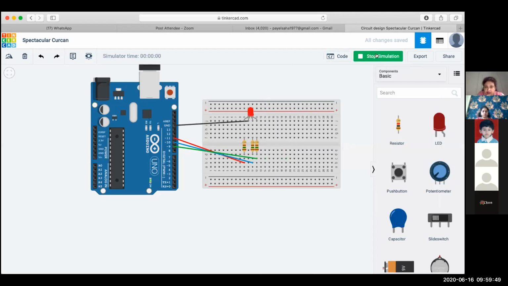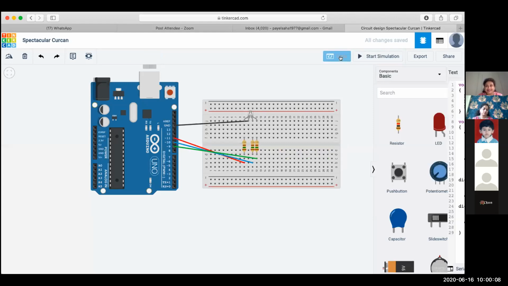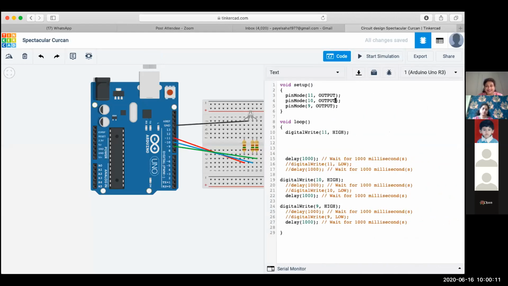So first red is high, then we get magenta and then white. Now who will tell me why this happened? And this is remaining white. Nothing is changing any further. I stopped the simulation, ma'am. When all are on, the color will be white, ma'am, because as seen above in the series, at last all three are on. All connections are connected to the 5 volt because Arduino is giving 5 volt, and all colors are glowing at once. That's why the white color is showing. Very good.